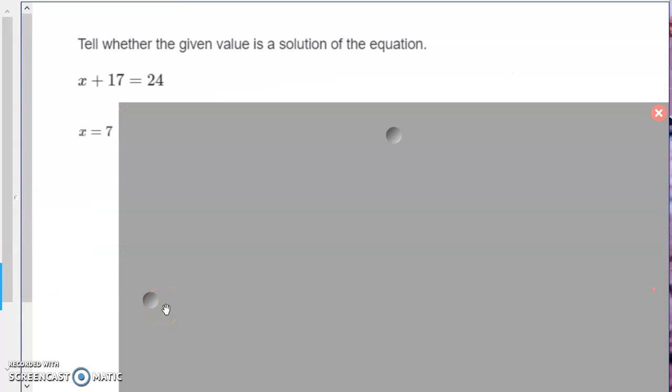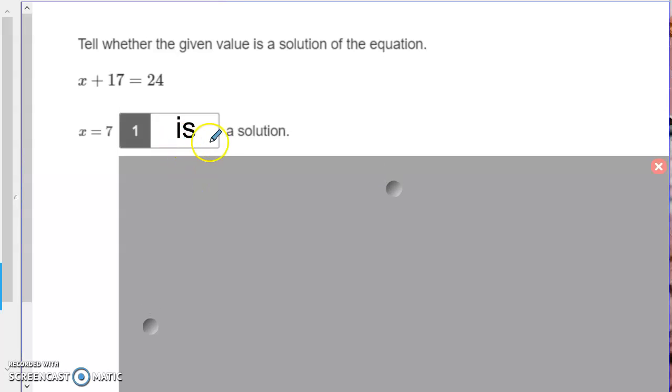Next is the review questions. So it says, tell whether the given value is a solution of the equation. So what I want to do is I have x plus 17 equals 24. And I want to see if I put 7 in for x, if that's going to be a true statement. So 7 plus 17 is 24. So that means I would type the word is. When you click on this box, it gives you a pull down and it's either is or is not, and I would select is to go into this blank